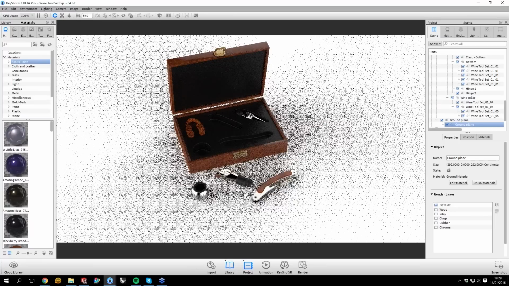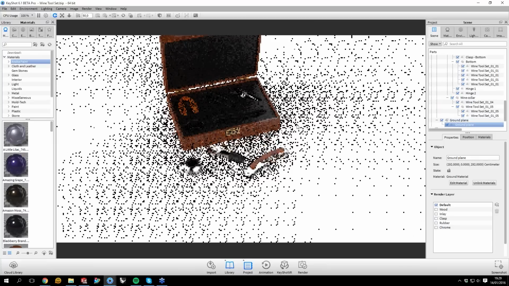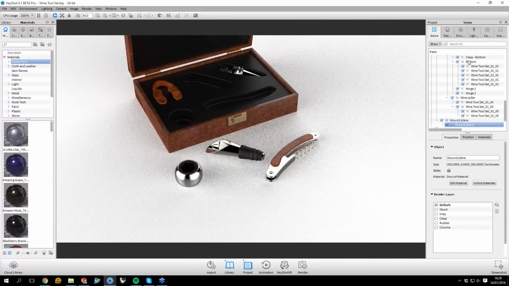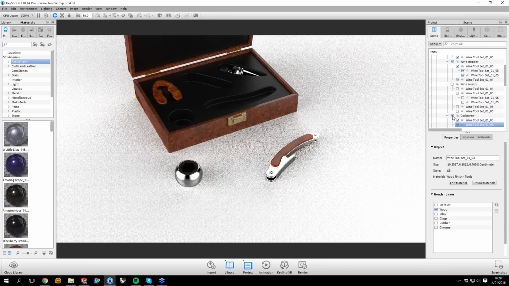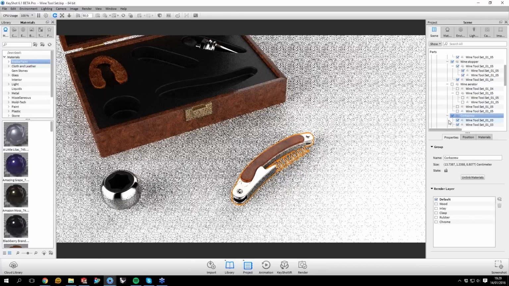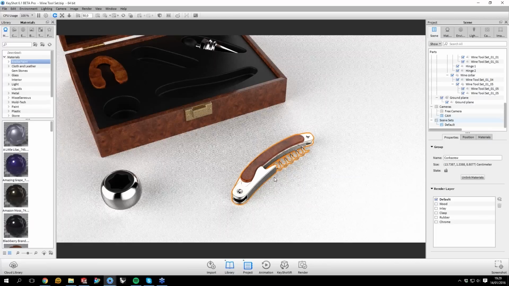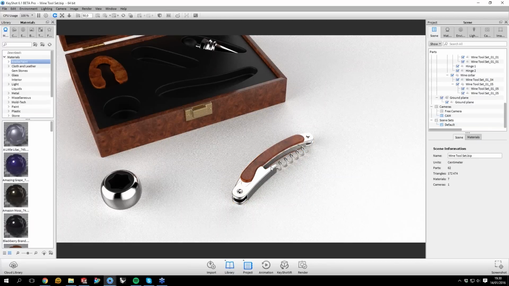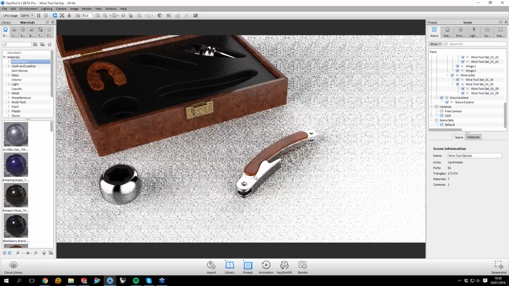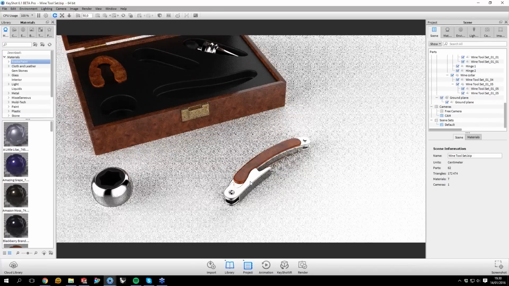So that's one side of the improvements to the move tool that we have. I'm going to focus now on this corkscrew, because now you can see that it is sort of collapsed, and what I want is to rotate this piece around this point, and then the screw itself around its own attachment point. So what I'll do in that case is to